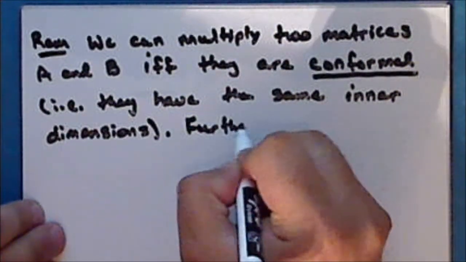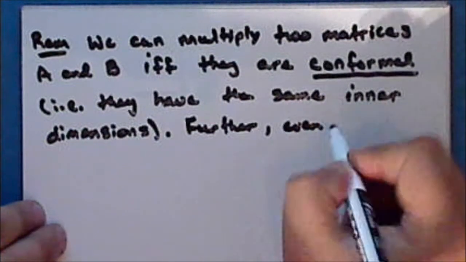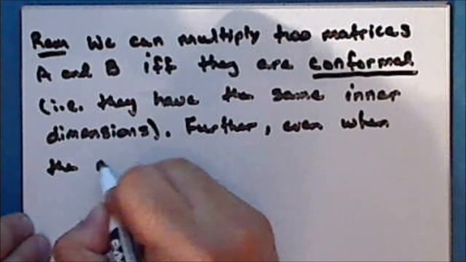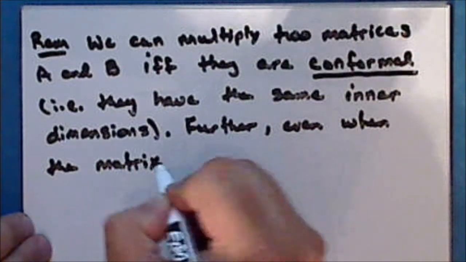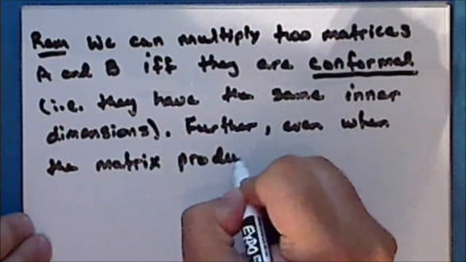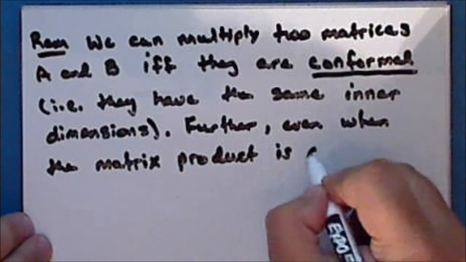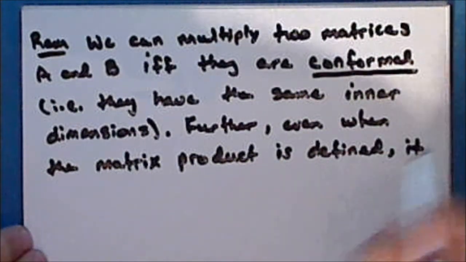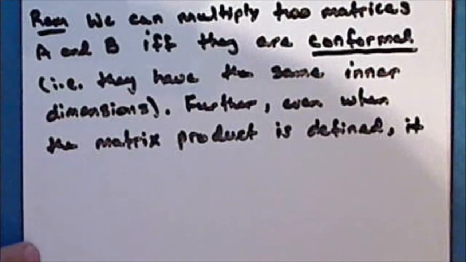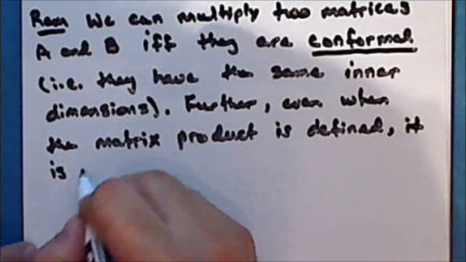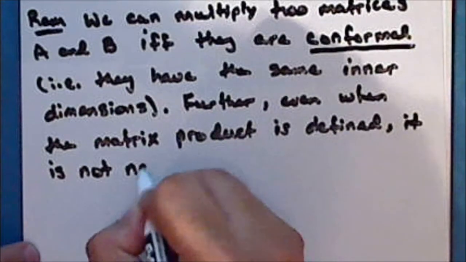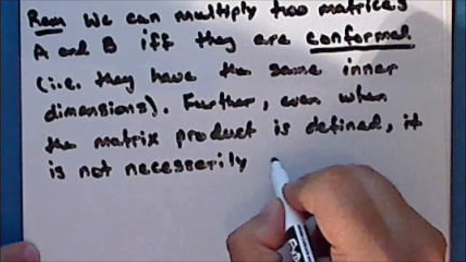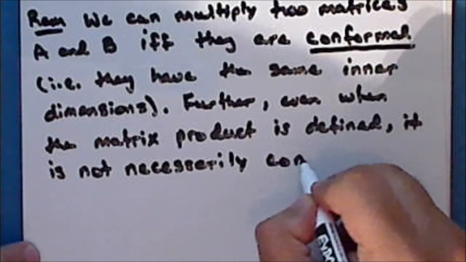Further, even when the matrix product is defined, it is not necessarily commutative,